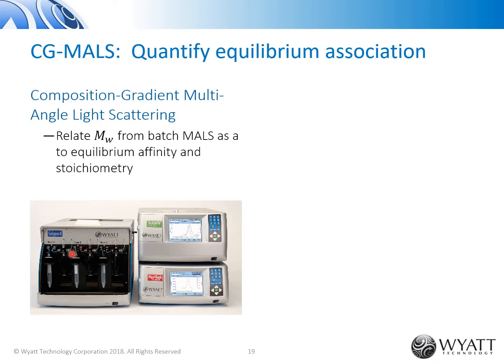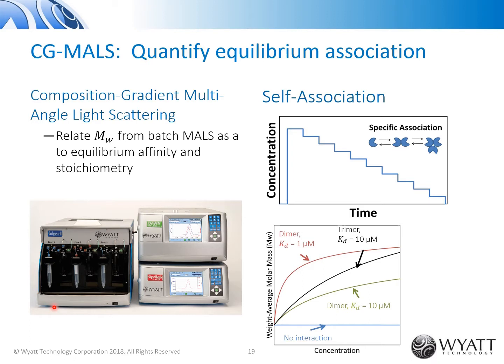We automate this type of measurement with our Calypso instrument. Using this technique, we can assess self-association, like monomer-dimer-trimer equilibrium. We load a single stock concentration onto the Calypso, and then it takes an aliquot of the sample, an aliquot of buffer, mixes it together, sends it into our detector, and stops the flow. We measure the molar mass as a function of different concentrations and use that to determine the self-association, affinity, and